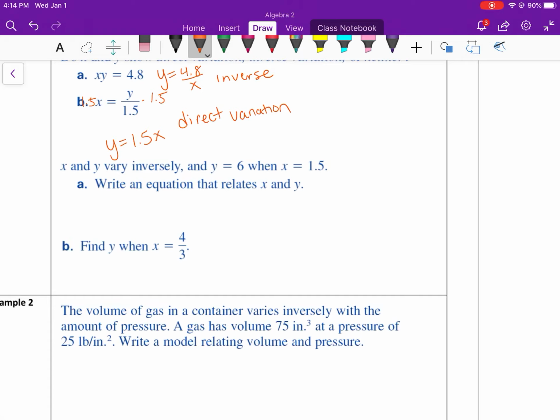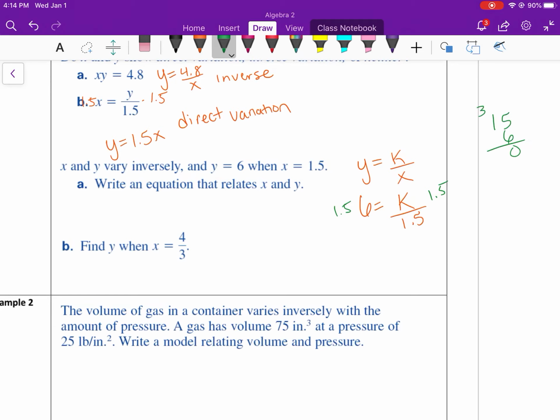If I say x and y vary inversely, that means y is inversely related with x. If y equals 6 and x equals 1.5, write the equation that relates x and y. So then I'm going to plug in 6 for y and 1.5 for x. And then I need to solve for my k, my constant of variation. So if I multiply both sides by 1.5,